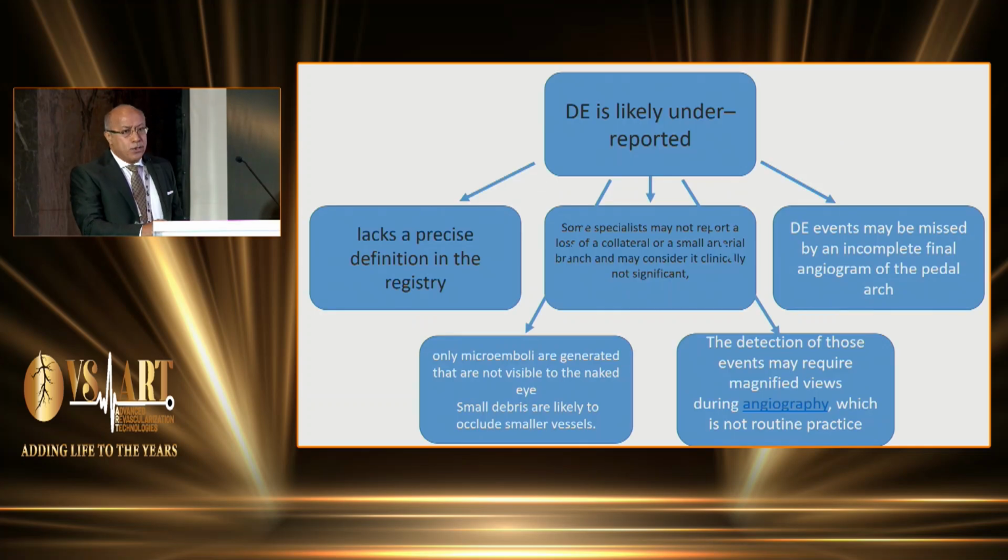And this is reportedly at a low level because of many factors, like the lack of precise definition in the registry, and many specialists will consider occlusion of a small branch or a collateral as clinically insignificant. Most of the embolizations are microembolization impacted in small vessels, even in the dorsal arch, which cannot be detected by the final angiogram. And also, to detect embolization by angiography, you may need a magnification, which is not routine